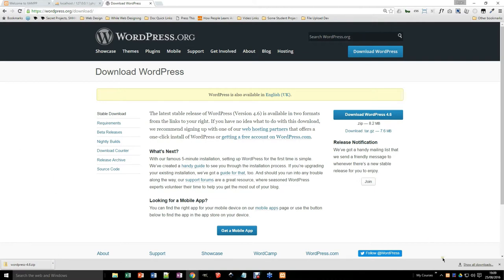So I've downloaded my WordPress and I've got my XAMPP right over there. So there's my little XAMPP control panel. If I click on that, I should be able to see it. So there we have it. So there's my XAMPP. And of course, once it's running, all I have to do to get there is just